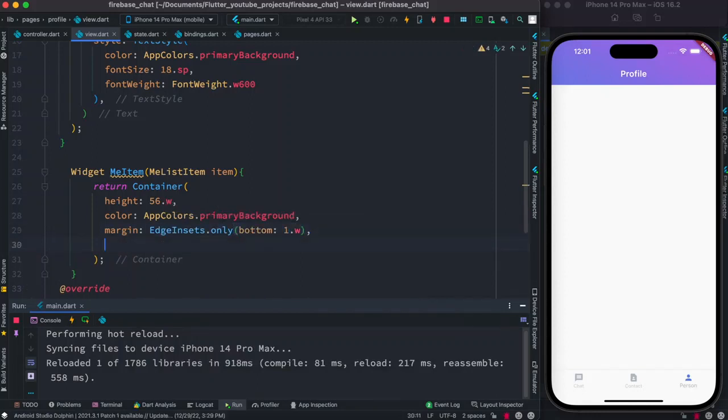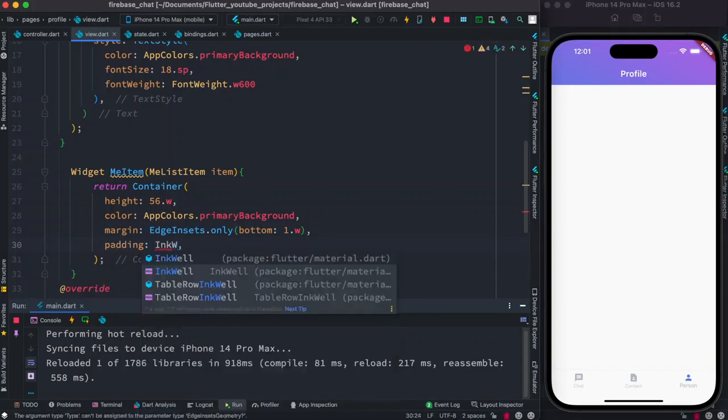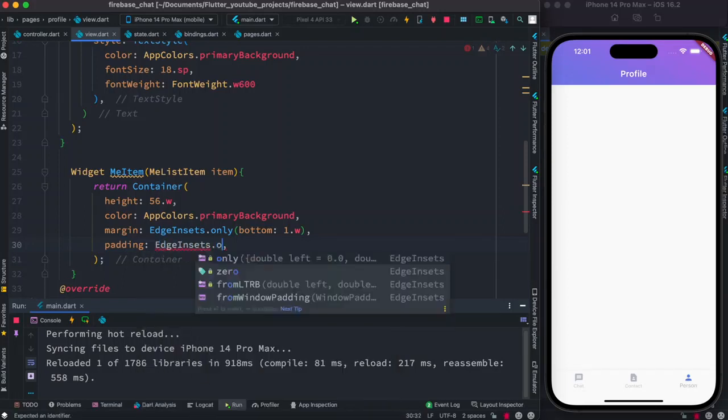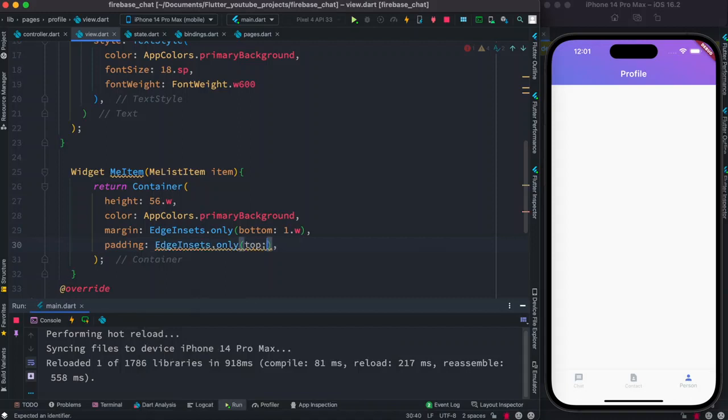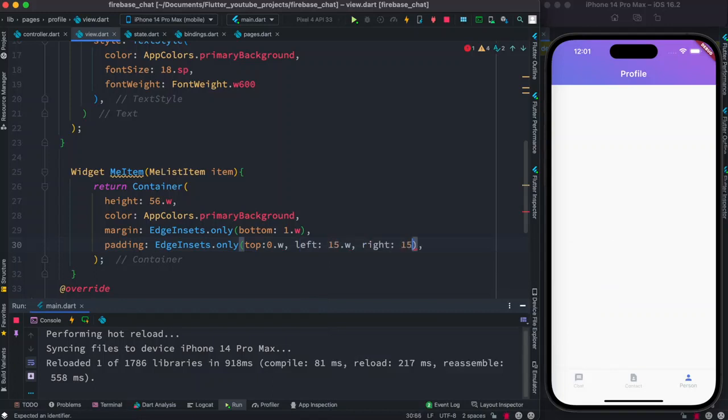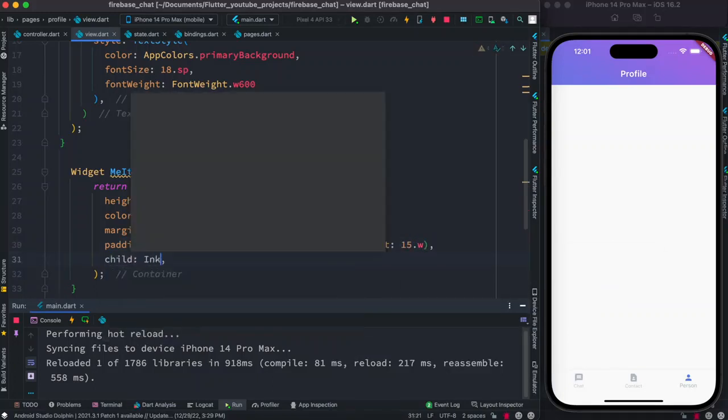So we'll have this one, and after that we'll have padding over here, sorry, not this one, edge insets only, and then we'll have top 0.w, left 15.w, right 15.w, and then child, here we'll have inkwell,